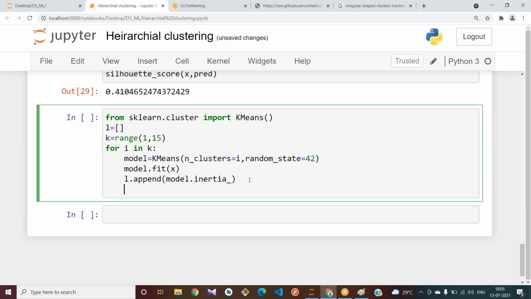And next, what else we need to do? We need to draw a figure: plt.plot of, in X we need to take k values, in Y we need to take l values.